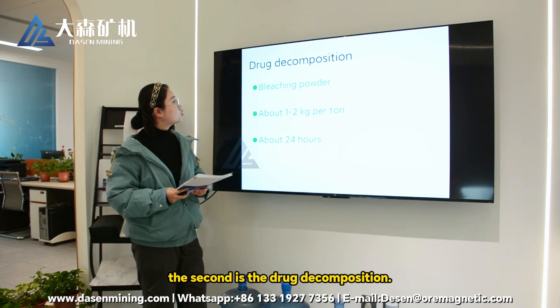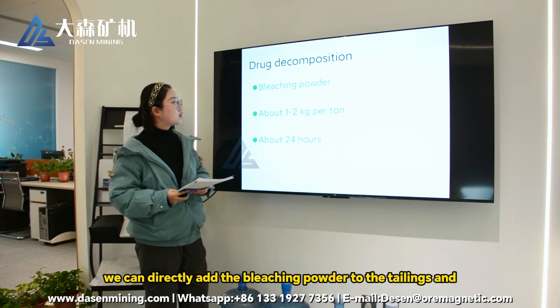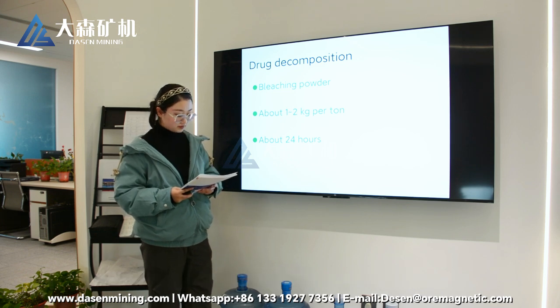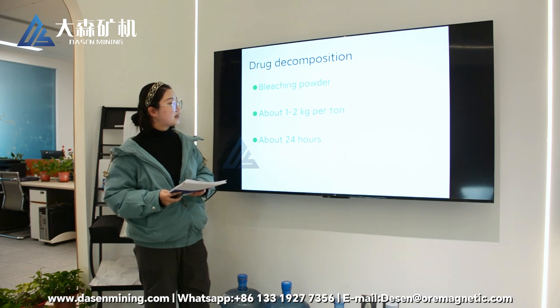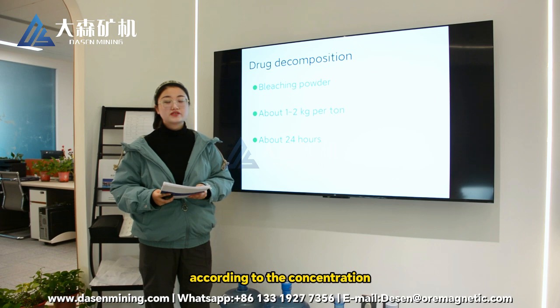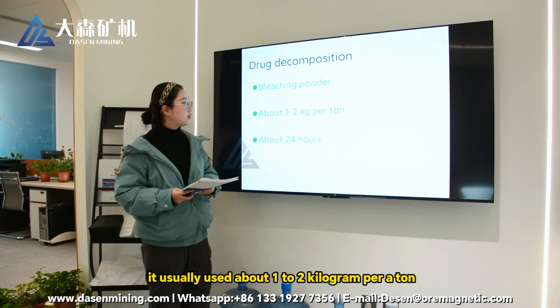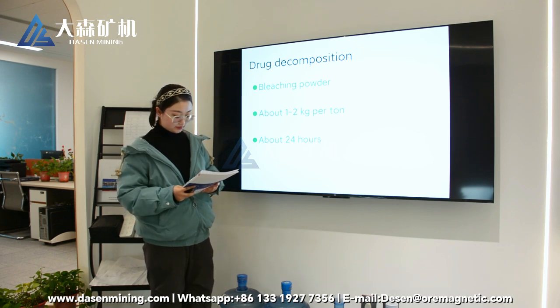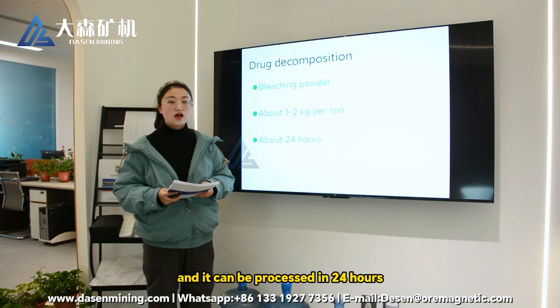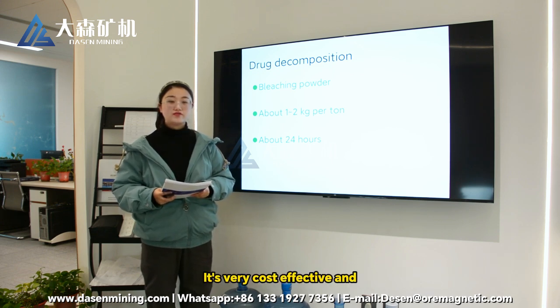The second is direct decomposition. We can directly add bleaching powder to the tailings and mix them evenly to neutralize the land. According to the concentration of cyanide, it usually uses about 1 to 2 kg per ton, and it can be processed in 24 hours. It's very cost-effective and